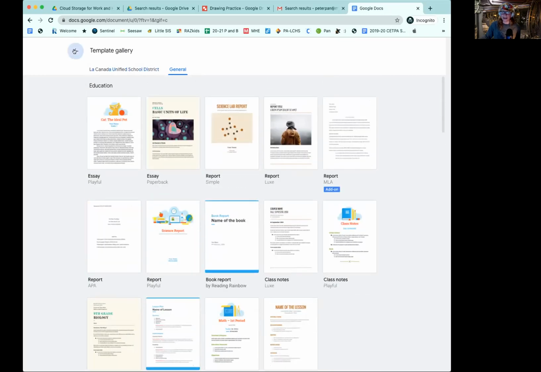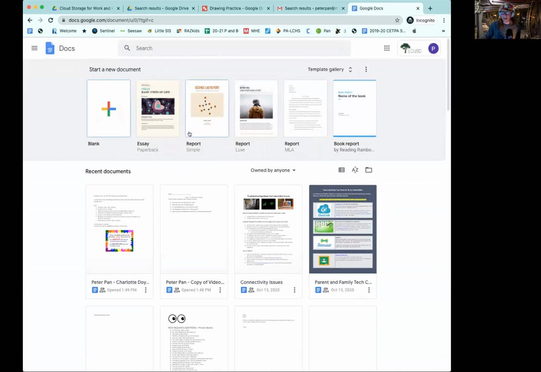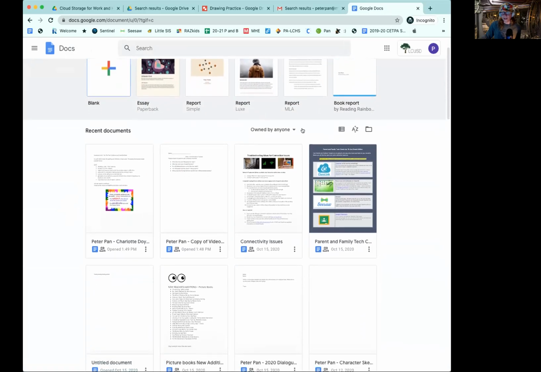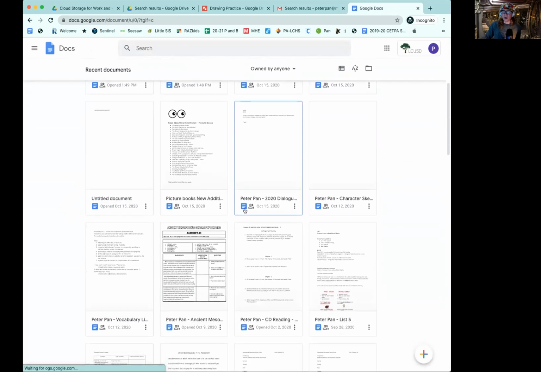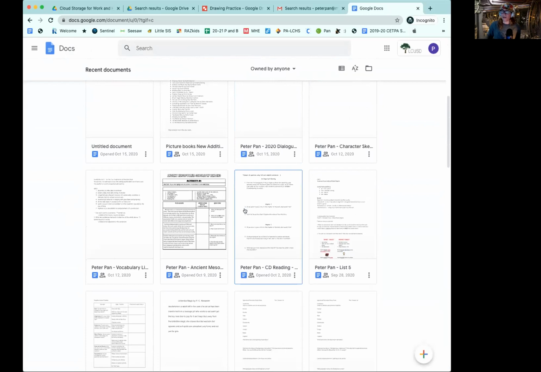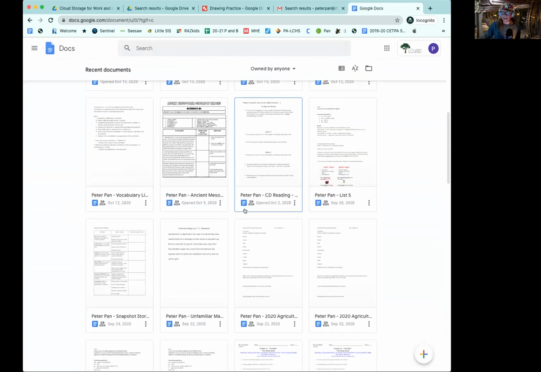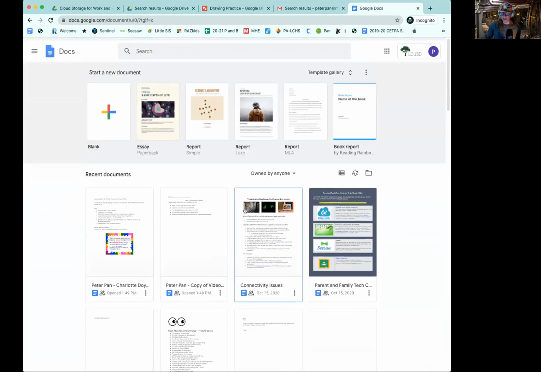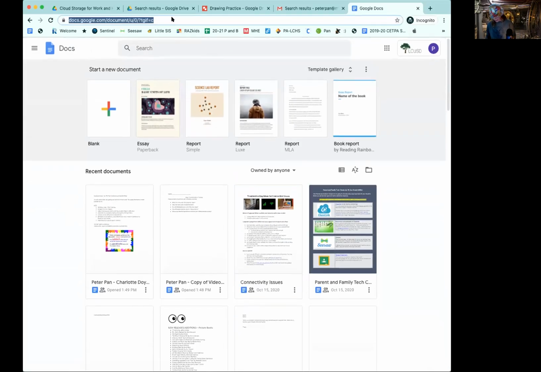And so again, that is going to docs.google.com. And you can look at all the template galleries and then modify them. The other thing I love about going this direction is that you can also see only docs. If you're looking for that one file and for whatever reason you can't find it, this is my other way to try to find that file that I lost. And this works for everything. So you can also go to